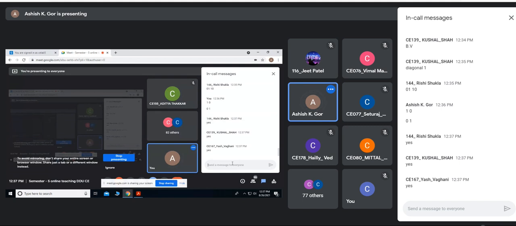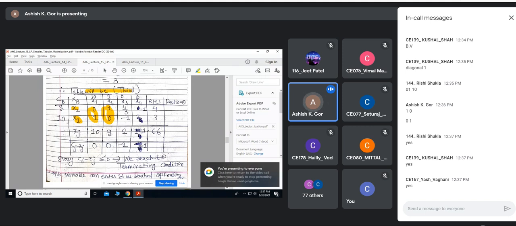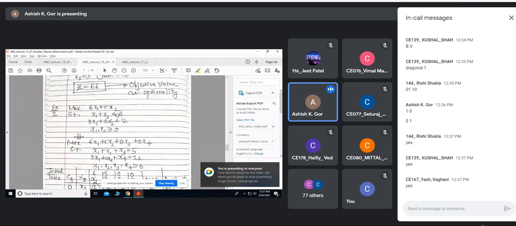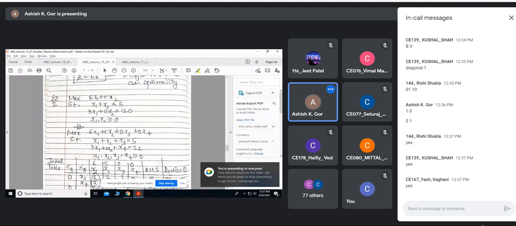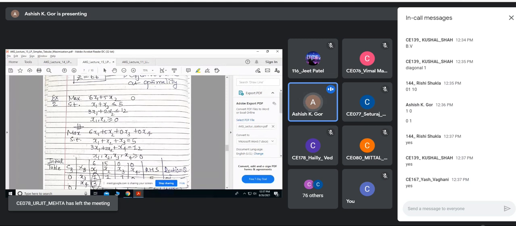Yes. I also suggest you practice this one more time whenever you have some time. So remember, this is the way: initialization, progress, and termination. So let me quickly go through the second example. I will not show you the calculation. This is a different example which we haven't seen in the graphical method.